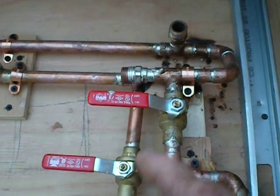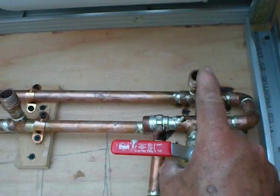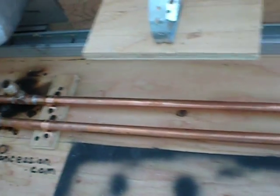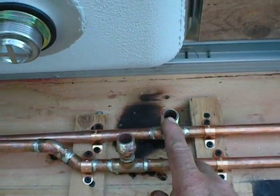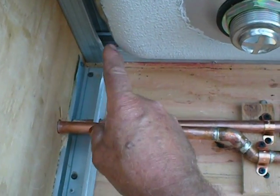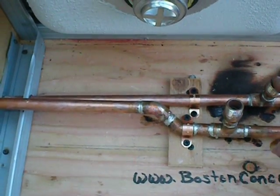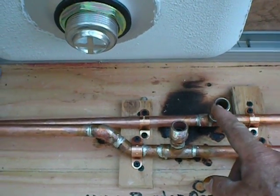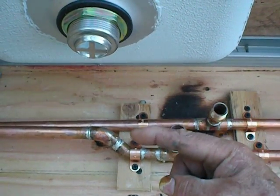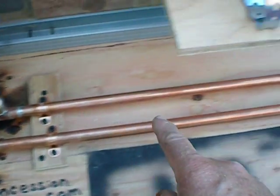So, you're feeding water into this line, and it's coming up, and it's going to the first faucet. In this concession, we have 2 sinks. It continues along to this location, where it feeds the second sink, and then it continues on and up to the instant hot water heater that we put in. So the one water feed line will continue all the way from the pump past both sinks up to the water heater. Then it returns back from the water heater in this line and feeds this sink, continues along,